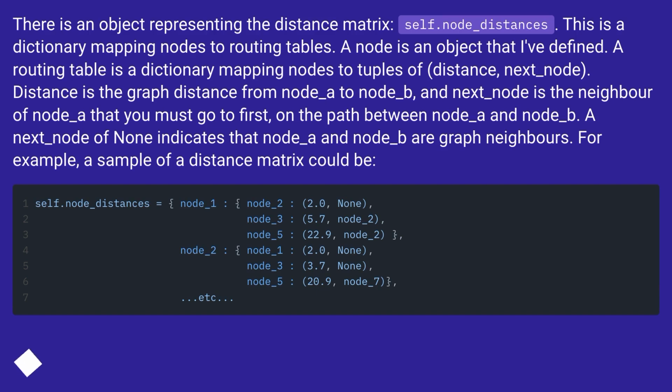Distance is the graph distance from node_A to node_B, and next_node is the neighbor of node_A that you must go to first, on the path between node_A and node_B. A next_node of None indicates that node_A and node_B are graph neighbors. For example, a sample of a distance matrix could be